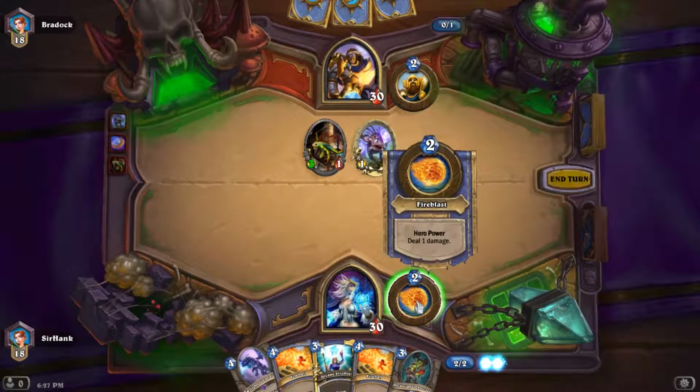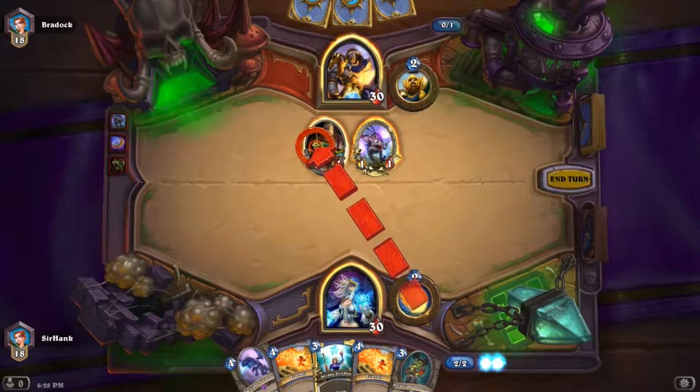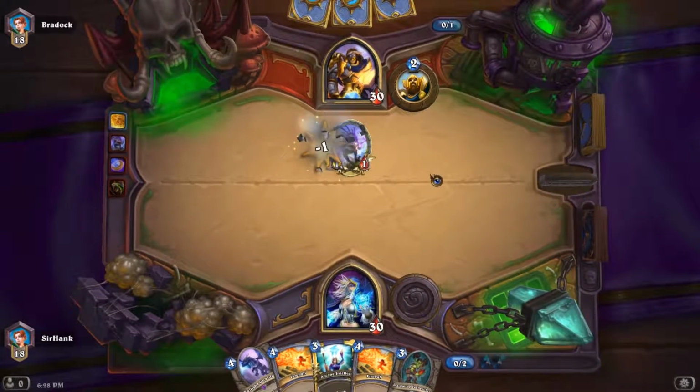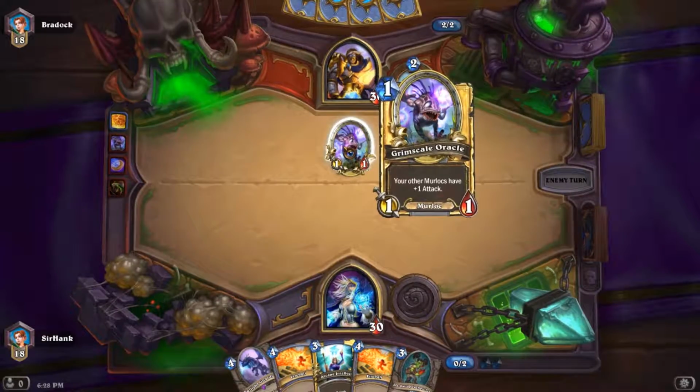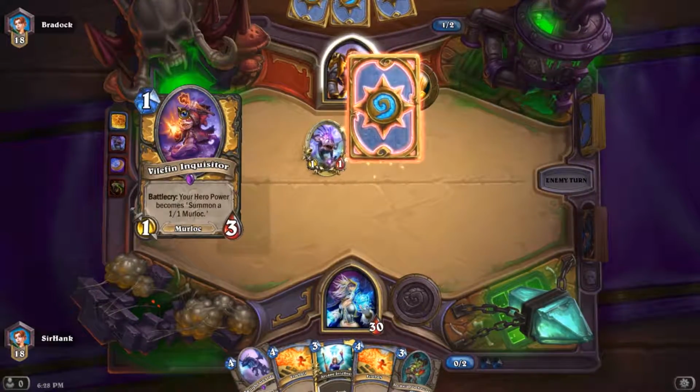And so again, we're using the Flame Strike technique, where even though this thing buffs more, I don't know that he has any charge Murlocs. I know there are a fair number, but assuming he doesn't...